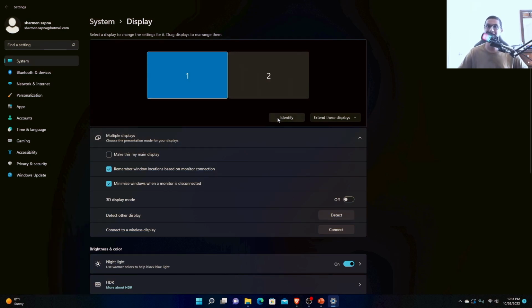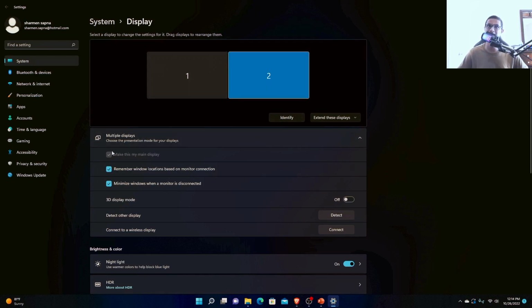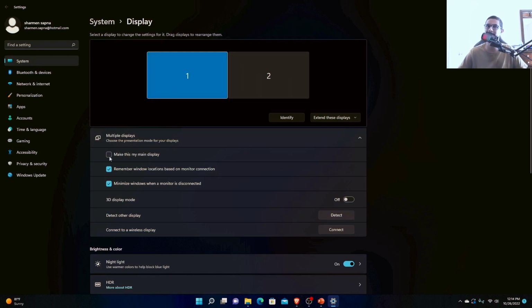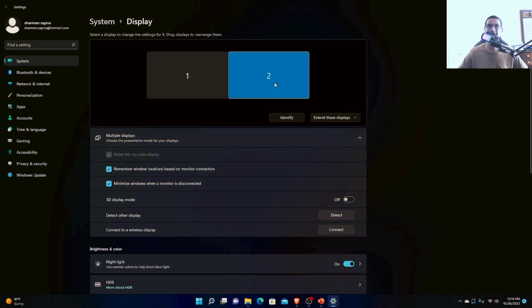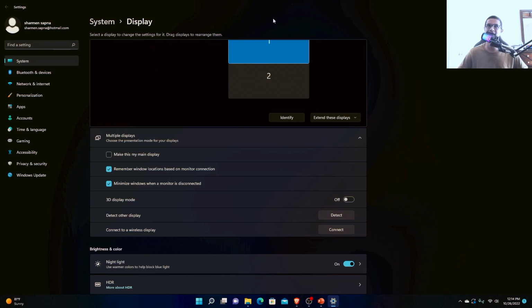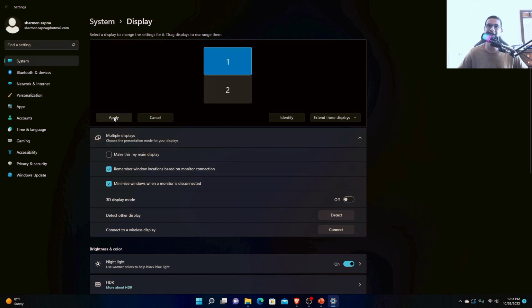And then you want to select your main monitor. For instance, monitor 2 is my main monitor, but if you want to make monitor 1 your main monitor, all you have to do is check mark this, make this my main display. If your monitors are set up on top of each other, all you're going to do is click one and put it on top of the other, and then click apply, and it's going to be